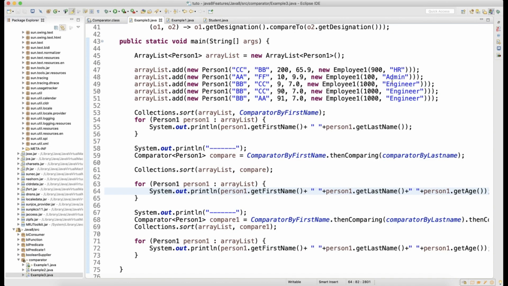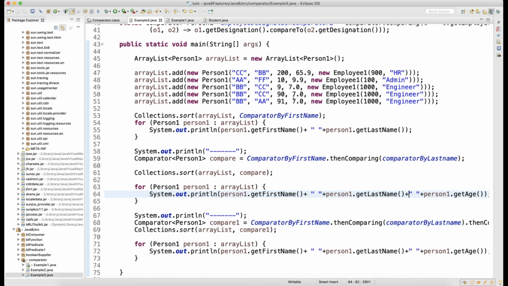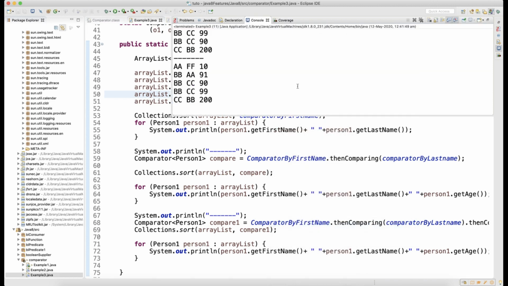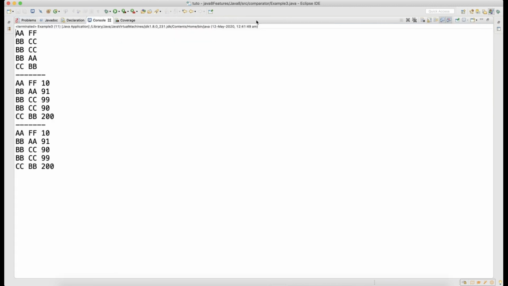So let me do one thing, let me just write 99. So first we have here 99 and then 90, right, the insertion wise. Now we can see the clear difference between when we did not add then comparing based on age, and when we added then comparing, what is the result output.